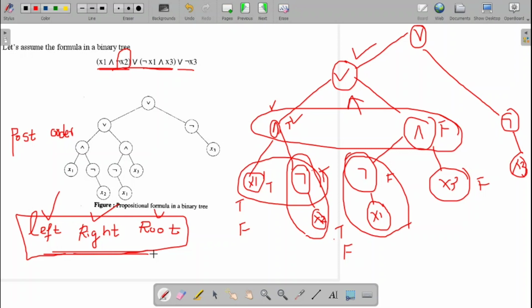No other possibilities, neither in order traversal nor pre order traversal. We should go for the post order traversal, because in the post order traversal the root will be at the end. That is, I need to know the value of the left and the right to get the value of the root. So that will be done only with the help of the post order traversal. The same thing can be applied to the satisfiability problem.